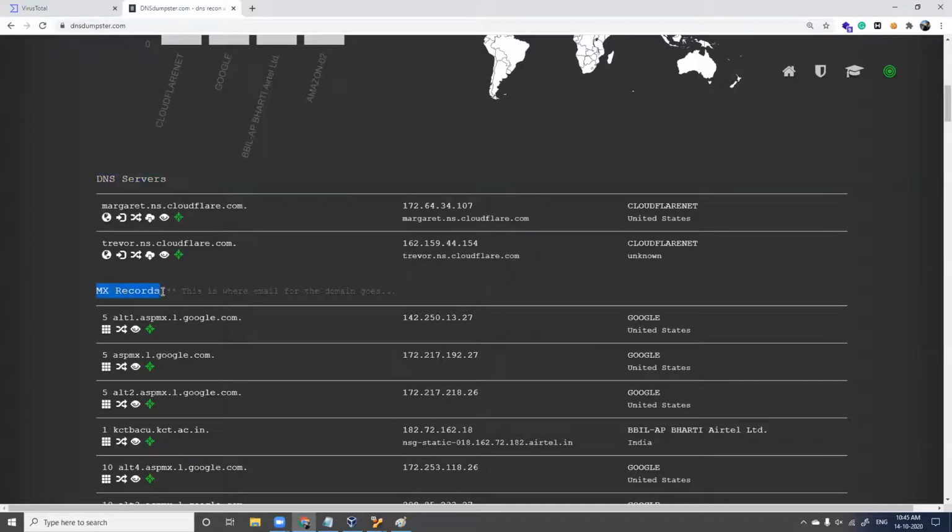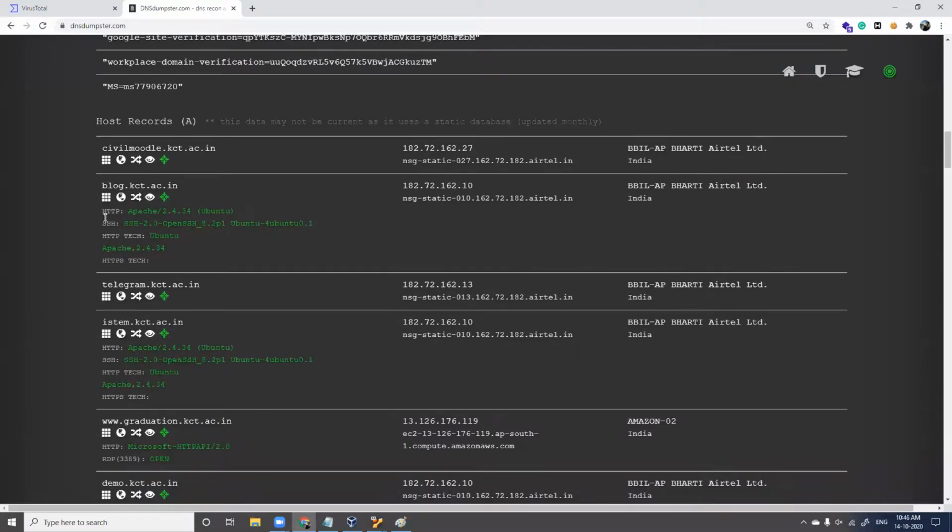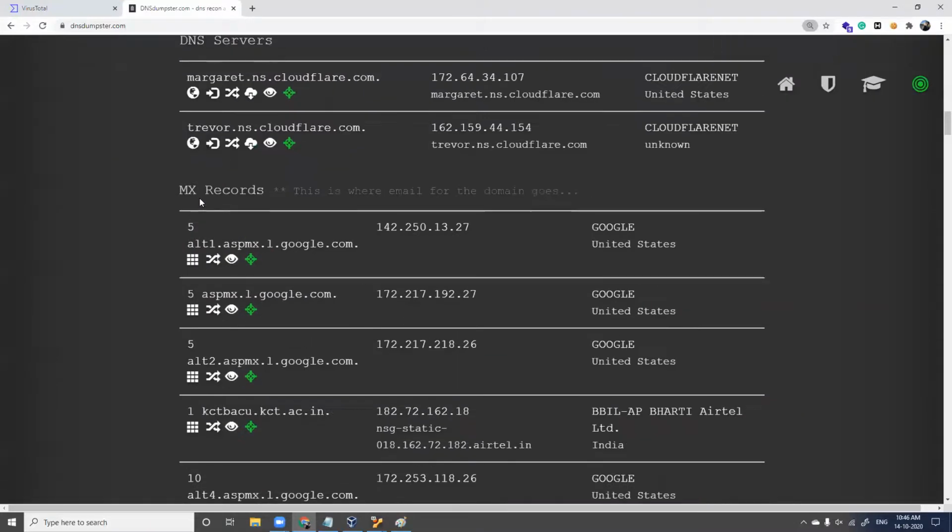You get MX records, you get so many options, and these options are different tools. You can try these options. Nmap port scan, different types of tools. When you click this icon, you'll get the desired output. But we'll scroll down here. Okay, see here we have this particular subdomain.